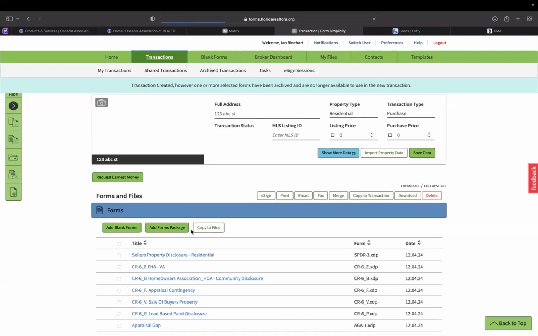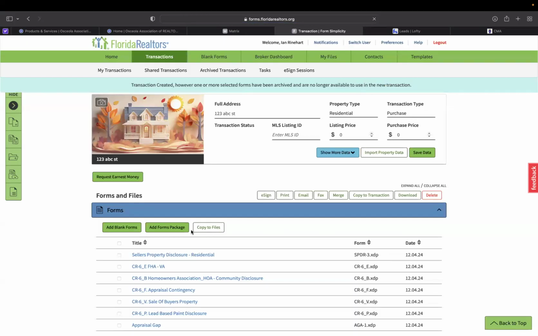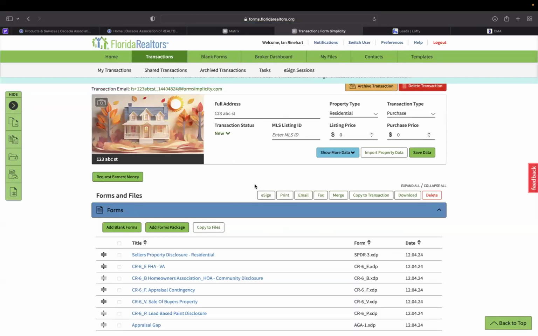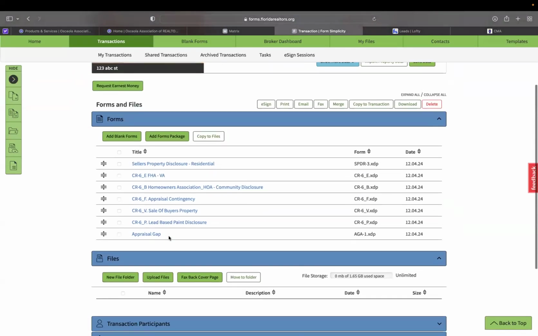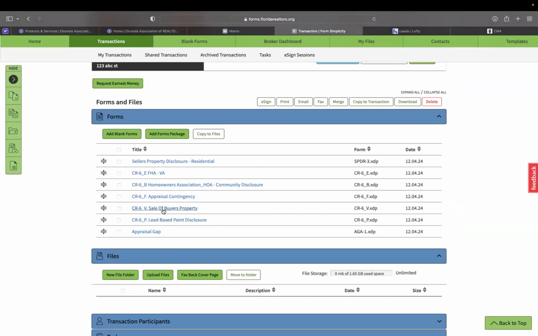Now, so we have the e-file ready to go, and you can edit some of the information here if you'd like. You can type in the MLS ID and save the data. Now, when we come down here, bear with me one second. So when we come down here,